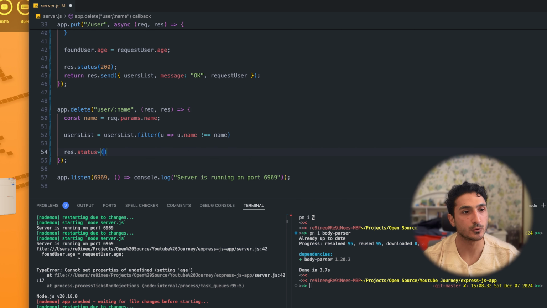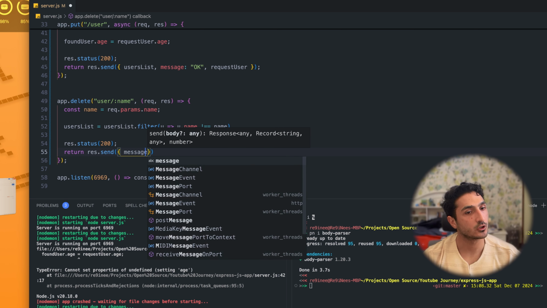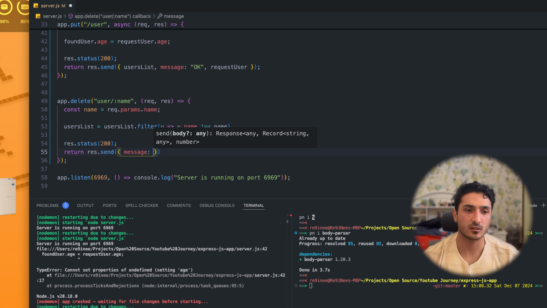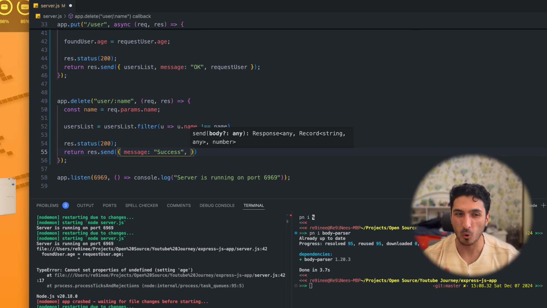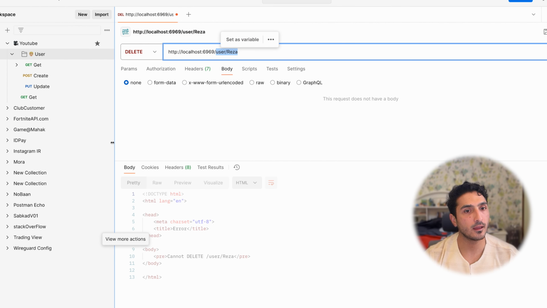and I want to send return response.send message success. This is a bad practice. I should probably send a message as okay, but I don't want to. What are you gonna do? Users list in here, and when we want to hit,